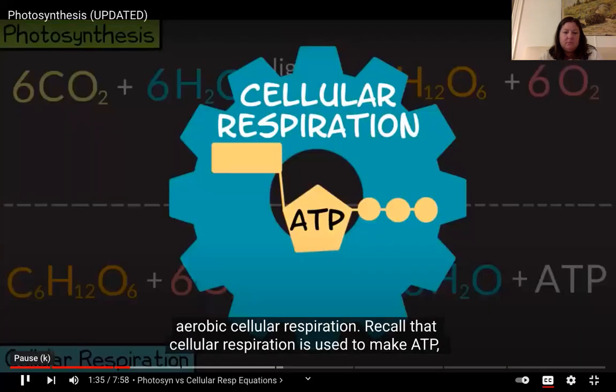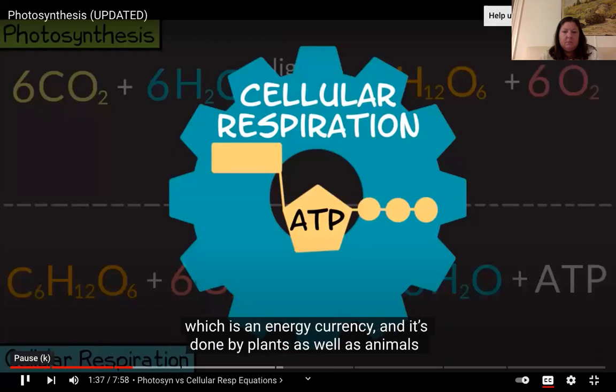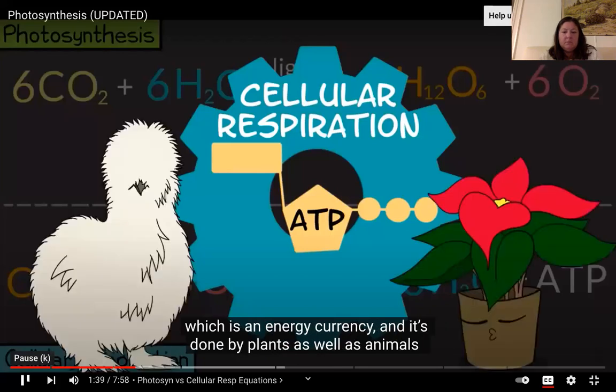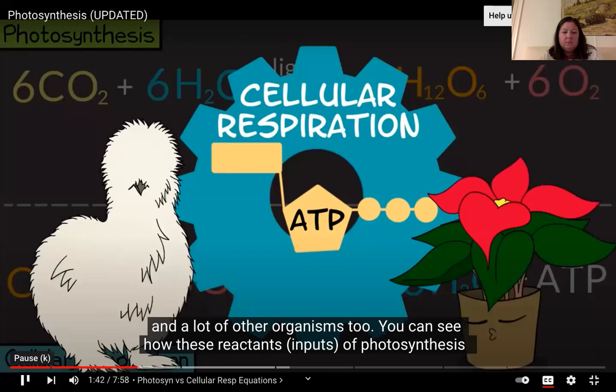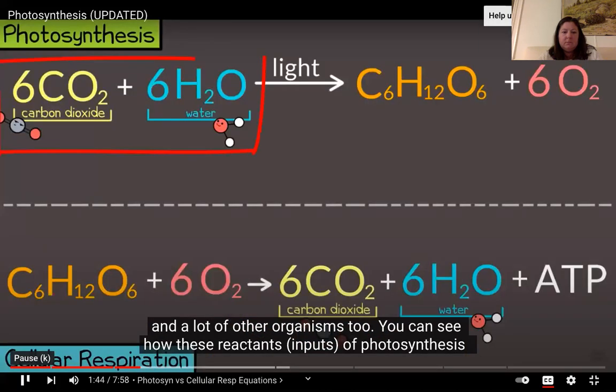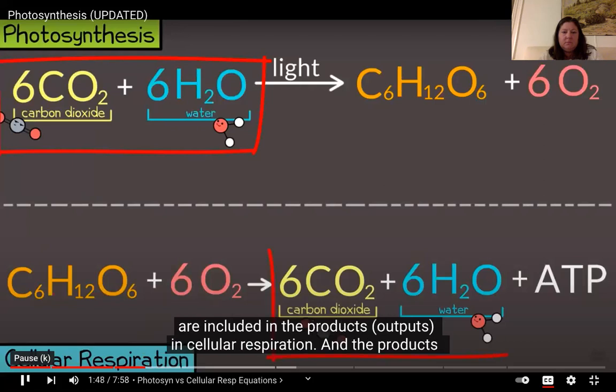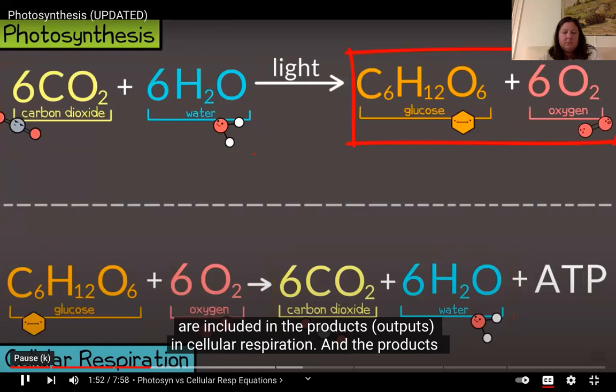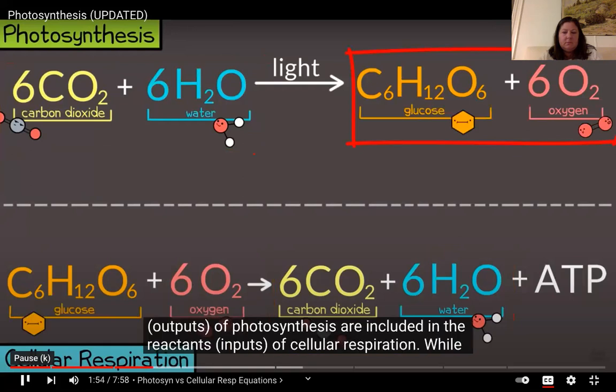Recall that cellular respiration is used to make ATP, which is an energy currency, and it's done by plants as well as animals and a lot of other organisms too. You can see how these reactants, inputs of photosynthesis, are included in the products, outputs in cellular respiration, and the products, outputs of photosynthesis are included in the reactants, inputs of cellular respiration. Okay, so these are the two processes that we're studying